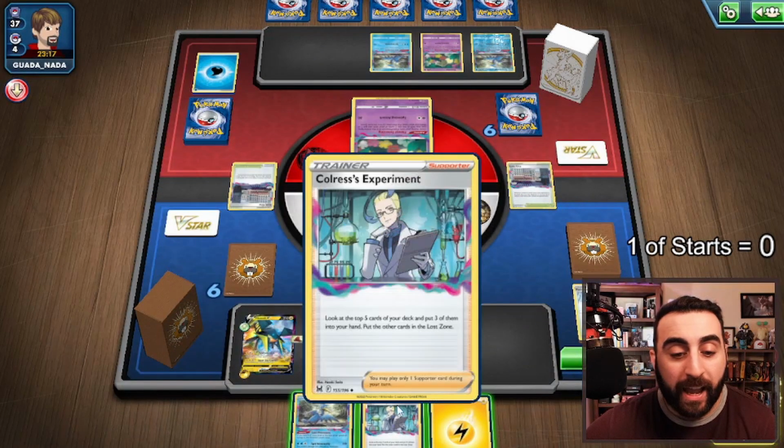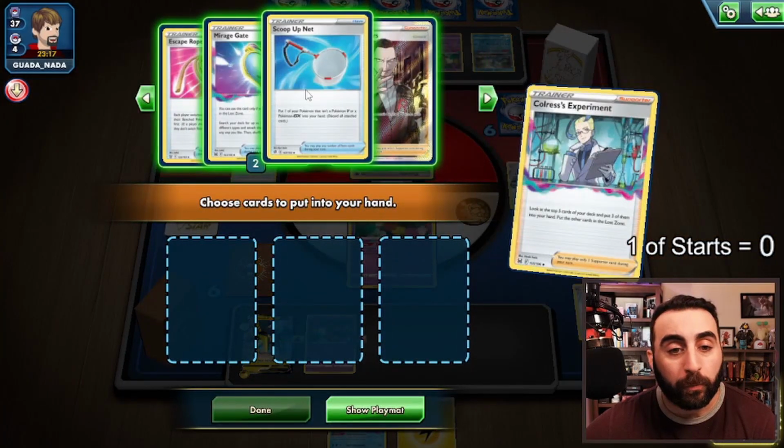Alright, let's find a Colress. Hey, look at that. We are going to...